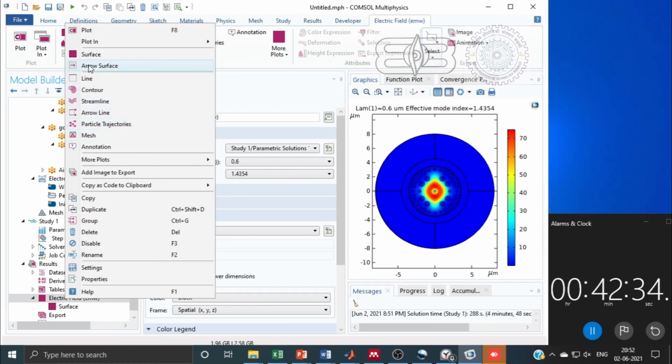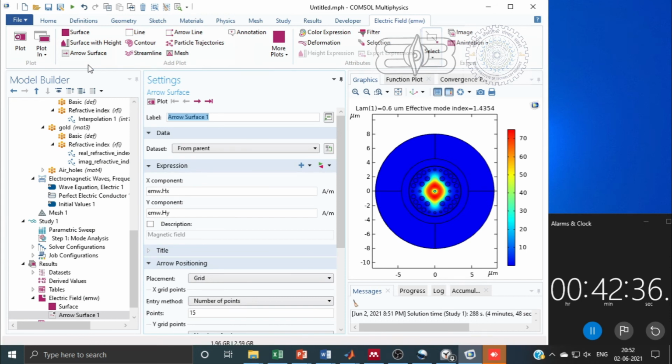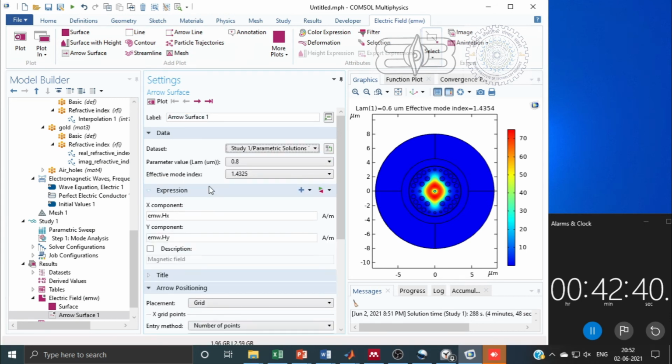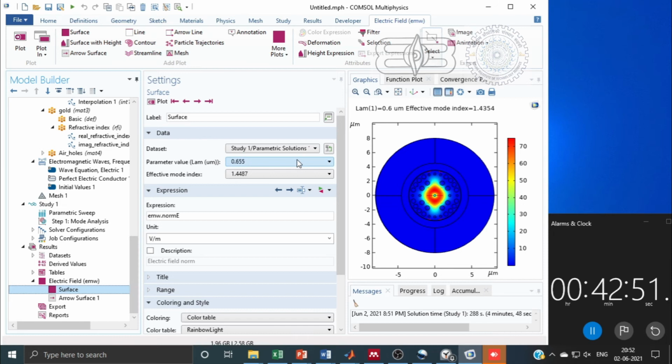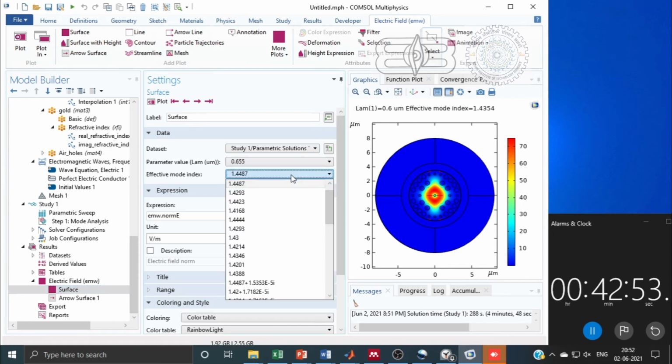And a very important thing is we have to see the arrow surface. Arrow surface will tell whether that mode is X polarized or Y polarized. So in COMSOL we have to add arrow surface by right clicking on the electric field. A similar window comes for arrow surface also.